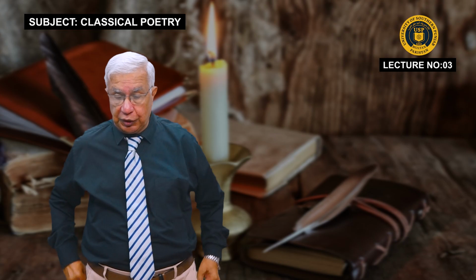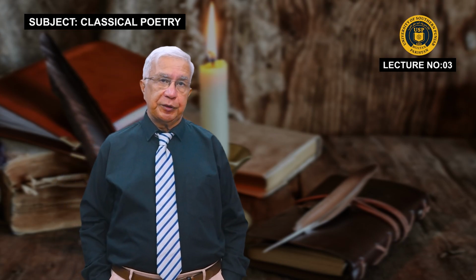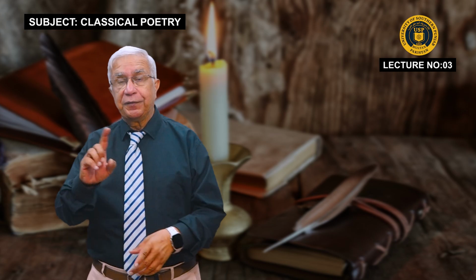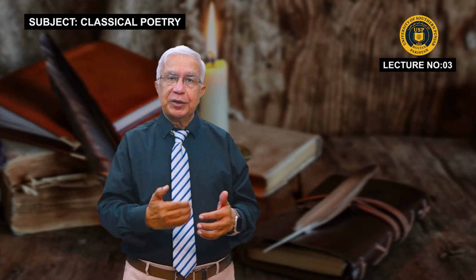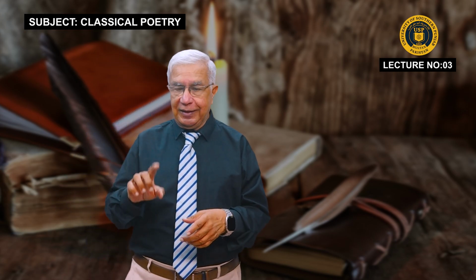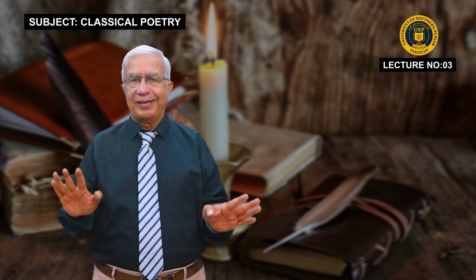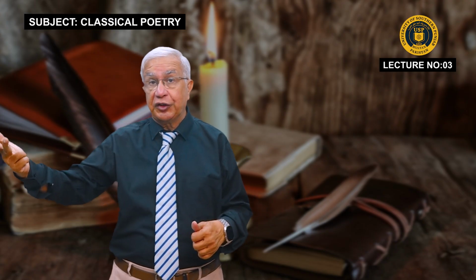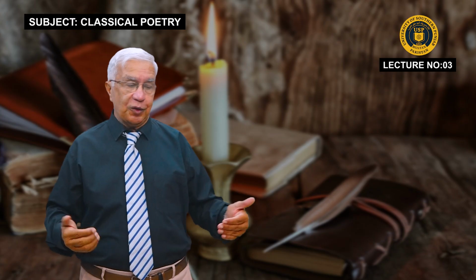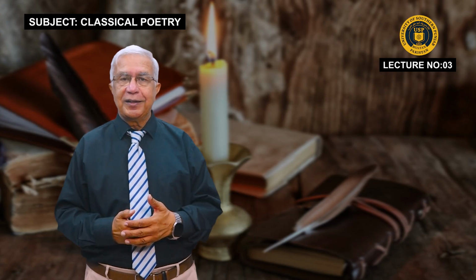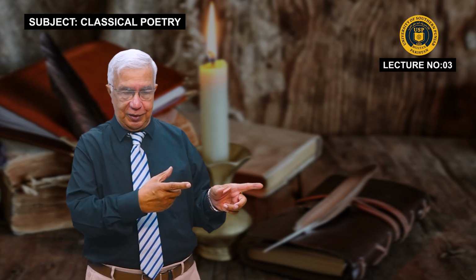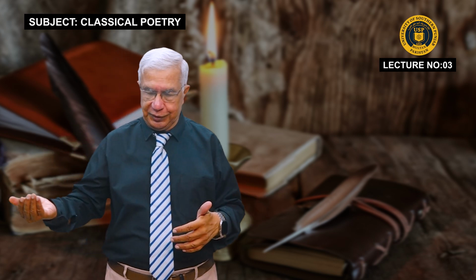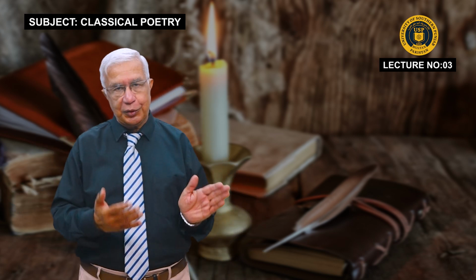And the next thing that we should talk about in the style of these poets is allusions. By the way, this word is different from illusion. Illusion is spelled with an I, allusion is with an A. Illusion is something which you cannot see clearly, and allusion is referring back, referring to some other text. For example, when Milton is writing, he may be alluding to some of the Greek poets, and definitely there are allusions. Same is the case with The Rape of the Lock, allusions are present there.